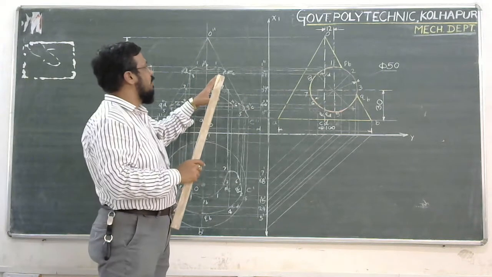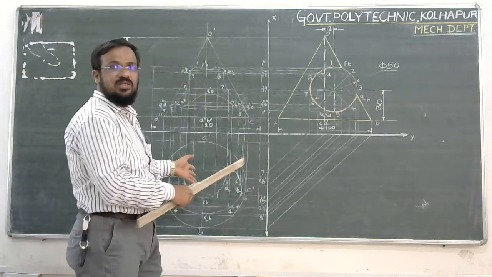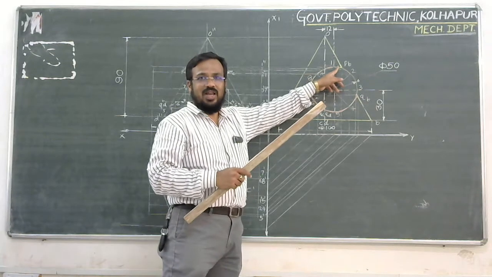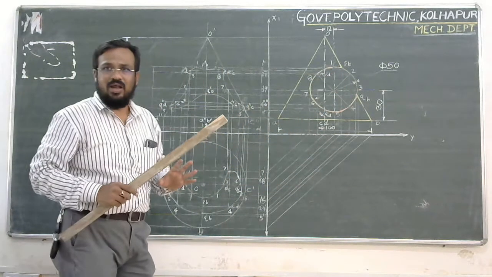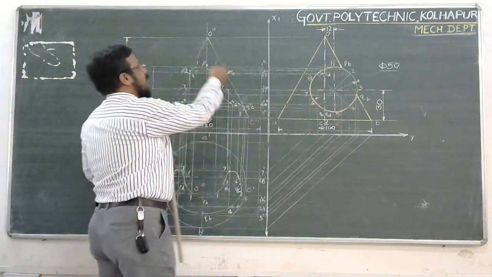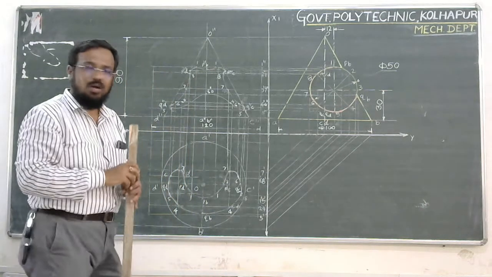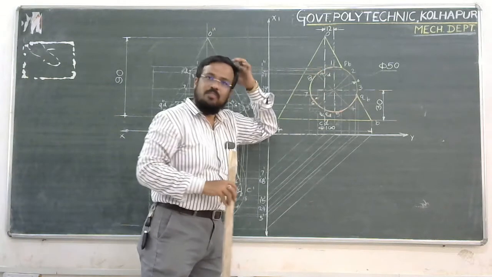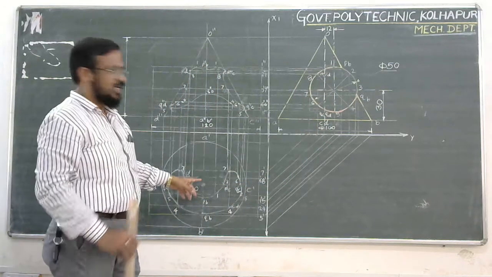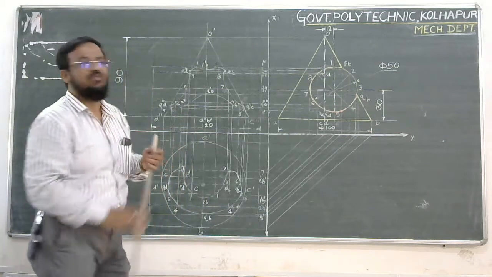But for my drawing, as I am drawing it on the blackboard, already so many points I have considered and the projections are drawn. Now, if I consider one more or two more points over here, the figure will be too complicated and it will be very difficult for me to explain it. So, either by practice you have to consider the loop of the curve, or if the space or drawing permits, you can take a reference point, project it into the top view or the front view, and join it. The thing is that you have to join it with the help of freehand.